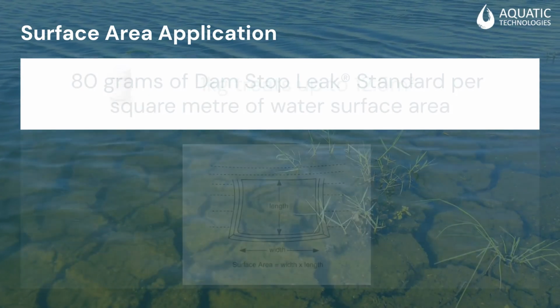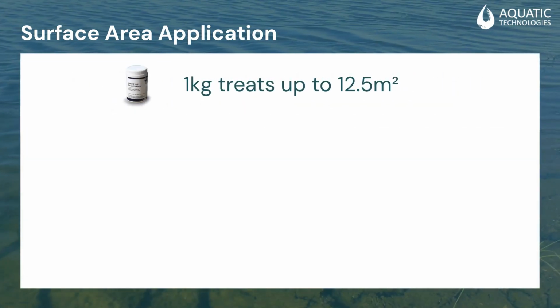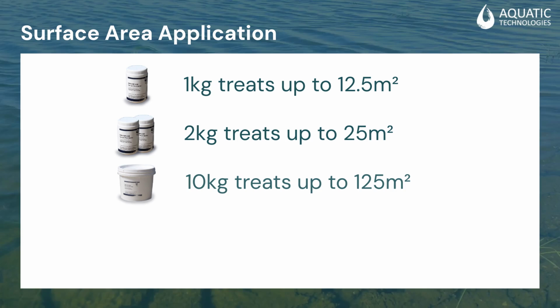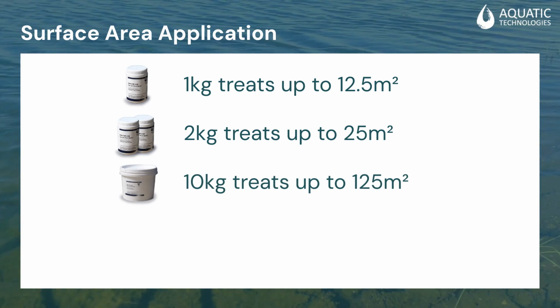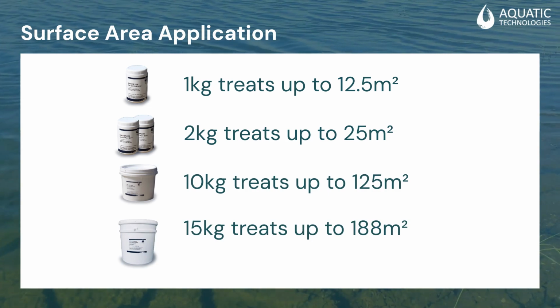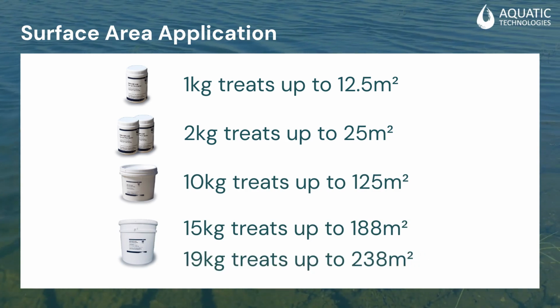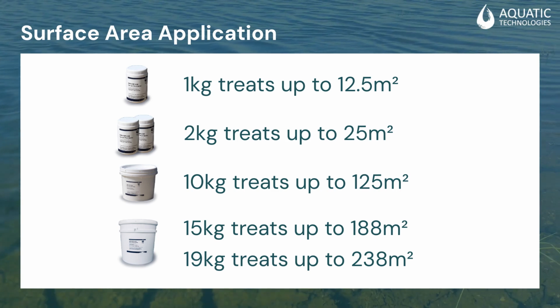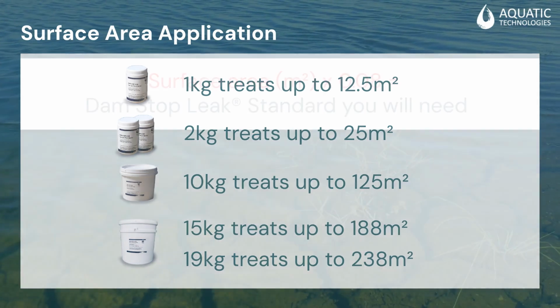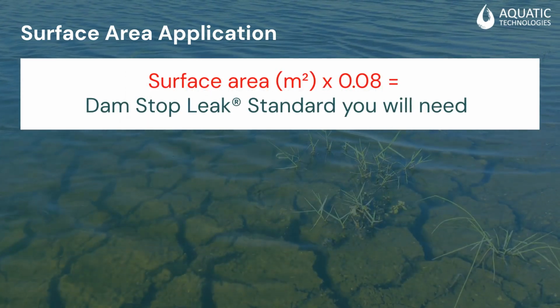For example, 1 kilogram treats up to 12.5 square meters, 2 kilograms treats up to 25 square meters, 10 kilograms treats up to 125 square meters, 15 kilograms treats up to 188 square meters, and 19 kilograms treats up to 238 square meters. Alternatively, the amount of product required can be calculated by multiplying the surface area of your dam